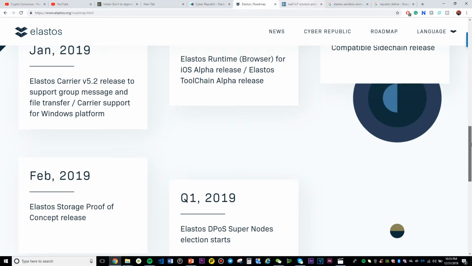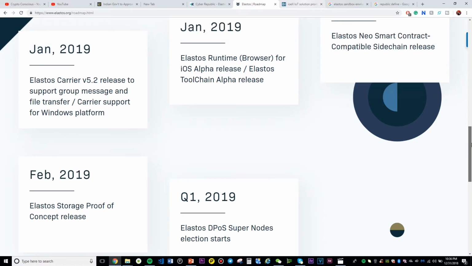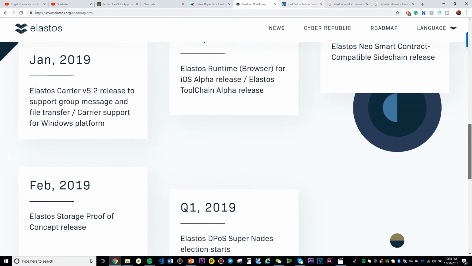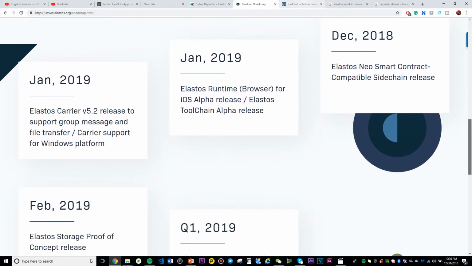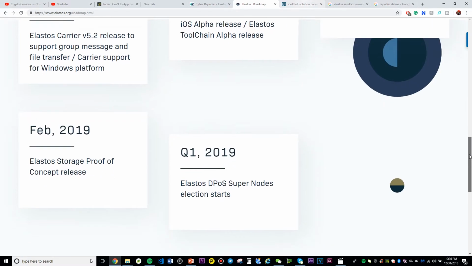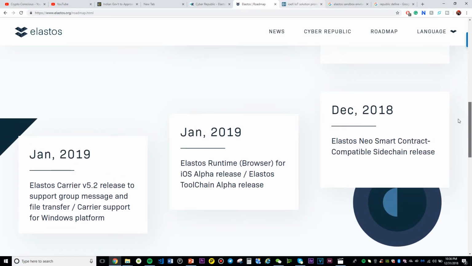They're planning to release the Elastos carrier version 5.2 to support group message and file transfer, and carrier support for the Windows platform. So they have a very promising schedule in 2019.